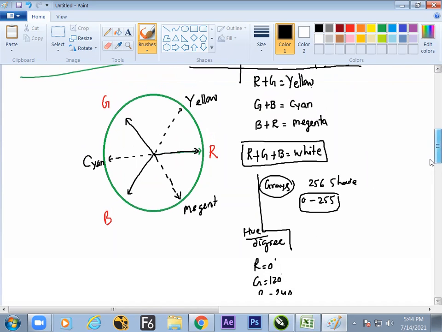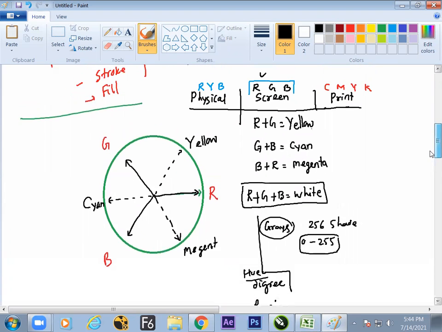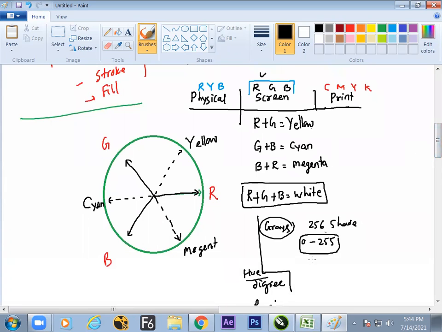Fine. So this is a theory, what we have understood. But a lot of things are to be learned inside the color theory, but there is no time. I'm switching to the software. But yes, on your personal interest, if you're requesting, then we can go for more higher. Fine then, so let us move on to the screen.